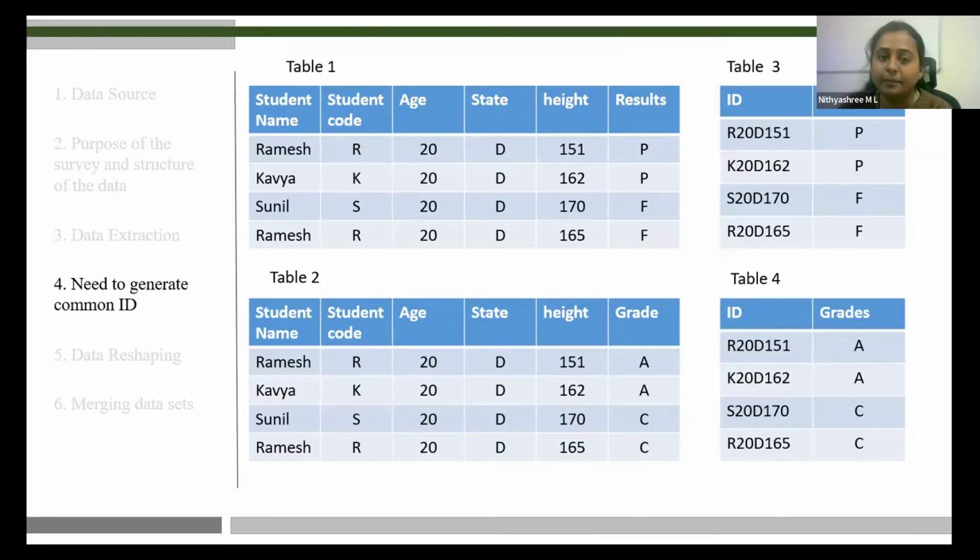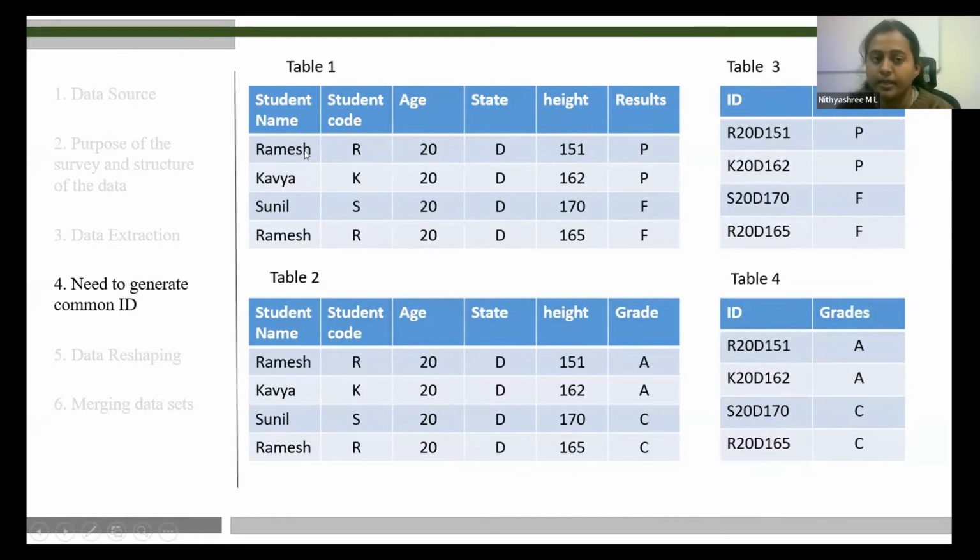For example, in table 1, what is written: student name, student code, age, state, height, and results. I have listed only 4 students' names: Ramesh, Kavya, Sunil, Ramesh. For student code, for simplicity, I have taken the first letter, and their age, state, height, result. In this table, what is the problem? We have students by the name Ramesh, 2 students.